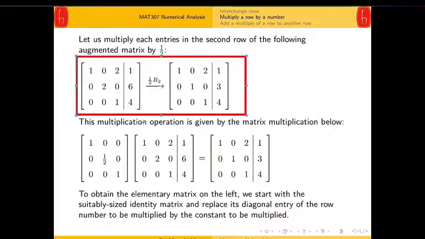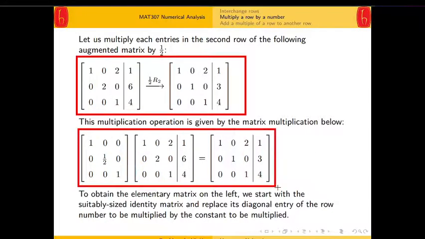This multiplication operation is also given by matrix multiplication, like that. So we again have an elementary matrix on the left, and when we multiply the augmented matrix by this elementary matrix from the left, we obtain the same result. Okay, so how can we find this elementary matrix? To obtain the elementary matrix on the left, this one, we start with a suitably sized identity matrix, again 3 by 3,